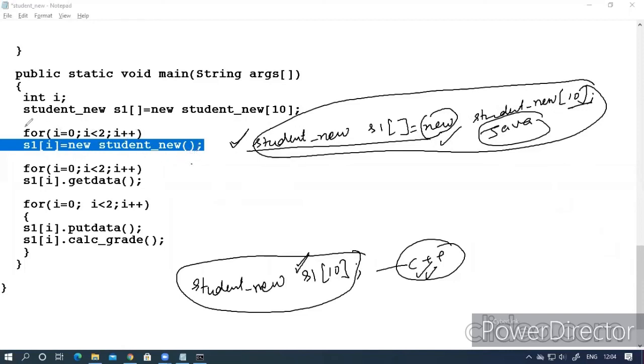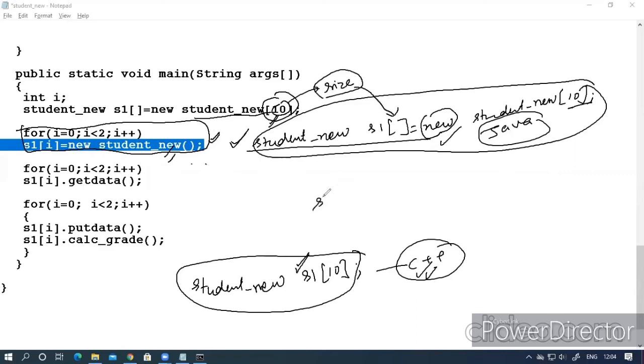So in this area of my code, I had created one object individually using this default constructor. In that case, you are not using the default constructor for allocation of memory. In this case, the default constructor is used by providing the size of the array, the size of the object array. But constructor calling is always like this: Student, whatever the class name, and then these braces. These braces are used to call a constructor for memory allocation.